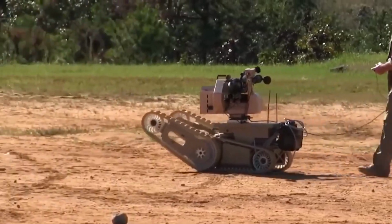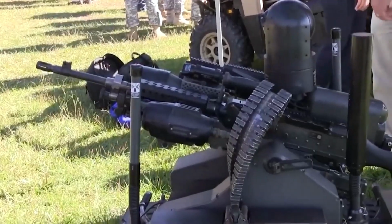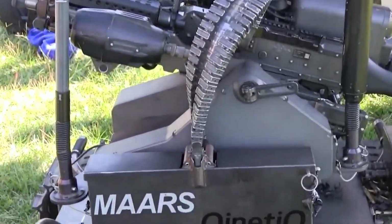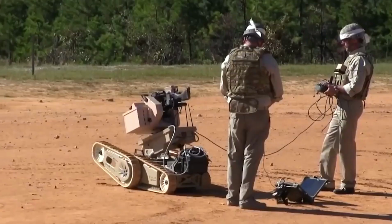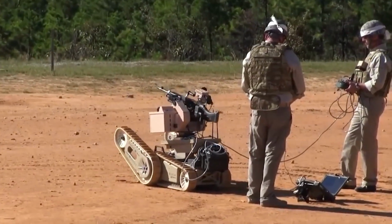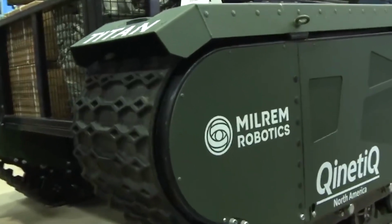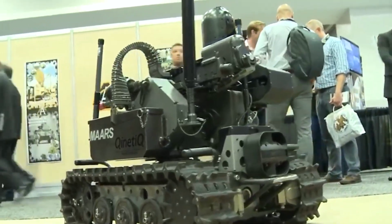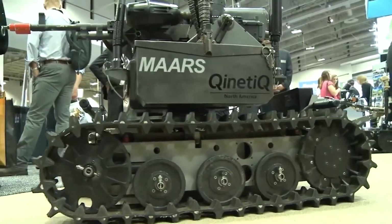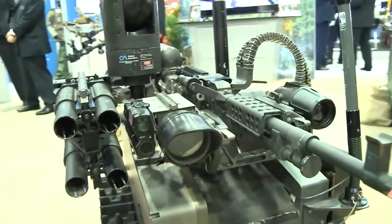Currently, Kinetic is developing a modular advanced armored robot system called Mars. Mars was designed to provide reconnaissance and surveillance of targets. Its battery can last up to 12 hours. And the Mars can travel up to 7 miles per hour and up to 3,280 feet from its controller. The robot is typically equipped with an M240B and M203 grenade launcher, but it can likewise be configured for non-lethal missions. It will then fire buckshot sponge or tear gas instead of grenades, and the weaponry can be completely replaced by